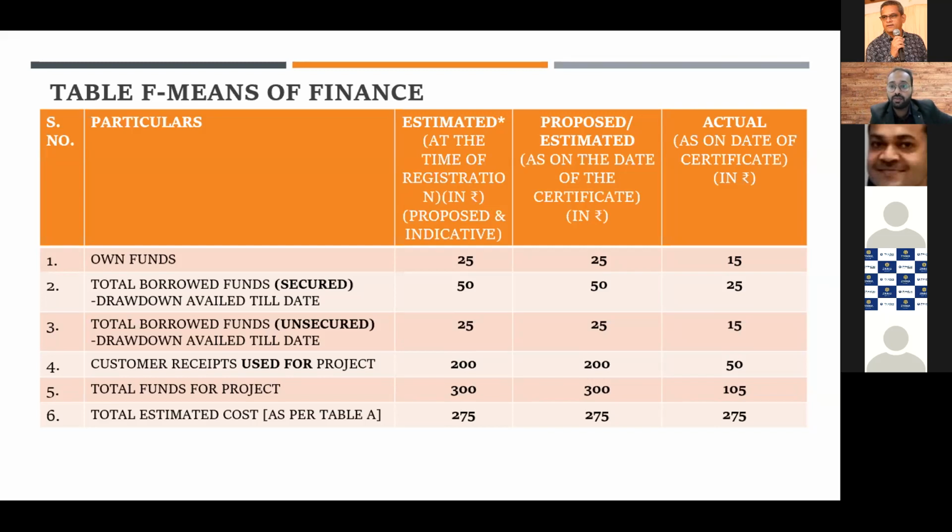So RERA had mentioned that you have to include it in the actual cost incurred. So for this clarification, you have to stand on the basis of the guidance note and whatever is as per the rules and Act. The only thing is, for the clarification, you have to mention it as a note. But now, based on this regulation, it is not applicable. You have to follow this regulation and this particular format.